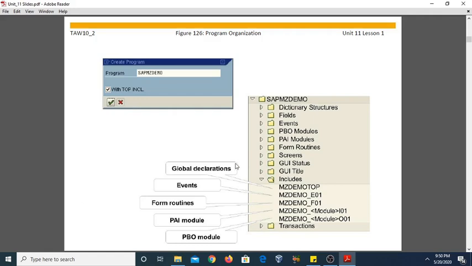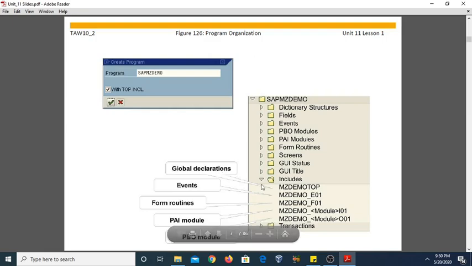You can see there are a number of include programs. This is top include, these are the other modules. It may be these are the events, these are the form routines, this is PAI module, this is a PBO module. PAI modules means process after input modules, PBO means process before output modules.